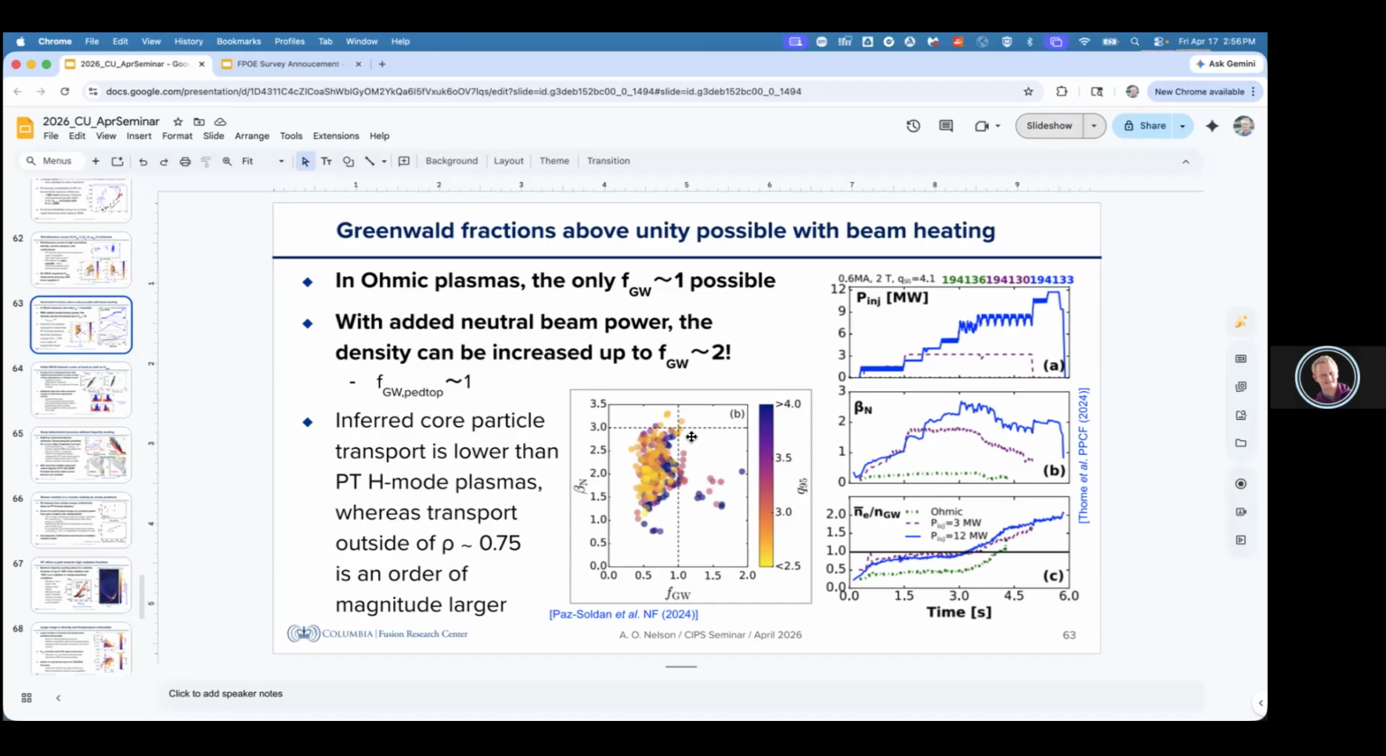Yeah, Steve. Maybe a super extended question. Is there any meaning in panel C to the fact that all your shots basically approach the Greenwald limit, go flat for a bit, and then go up? Was that controlled? Did that happen without